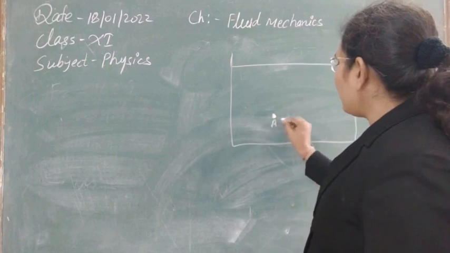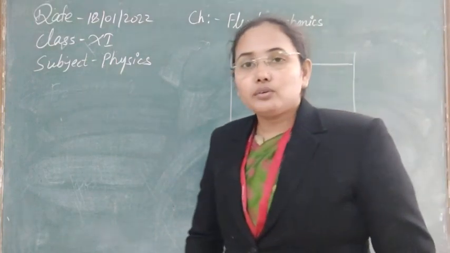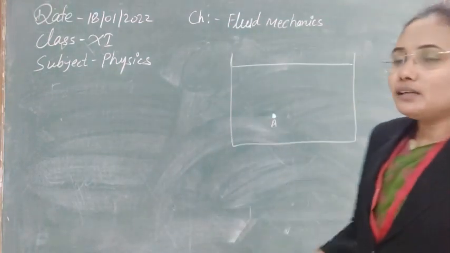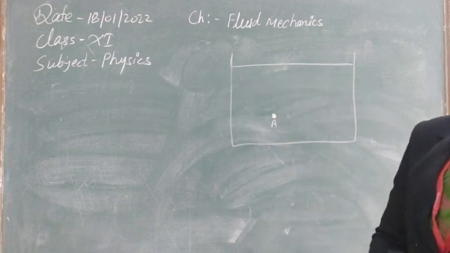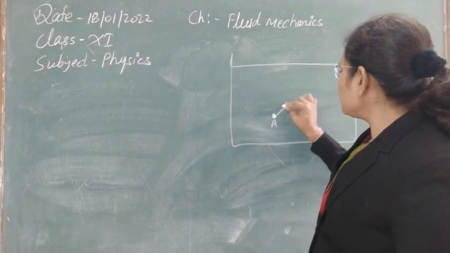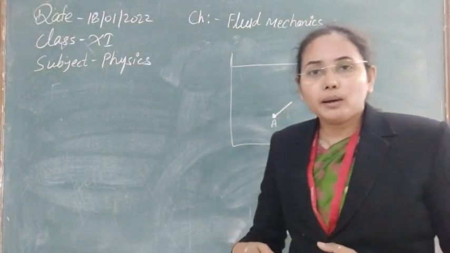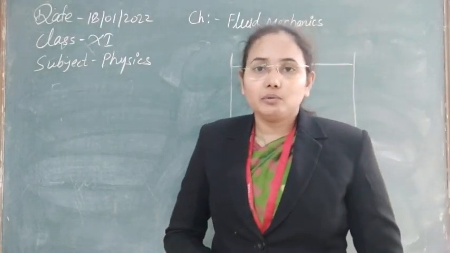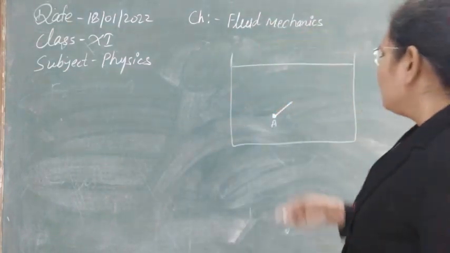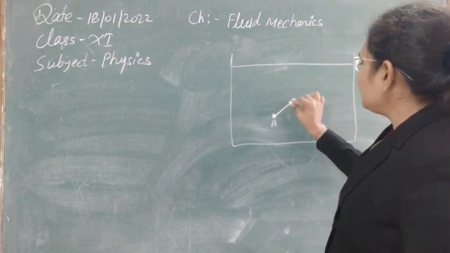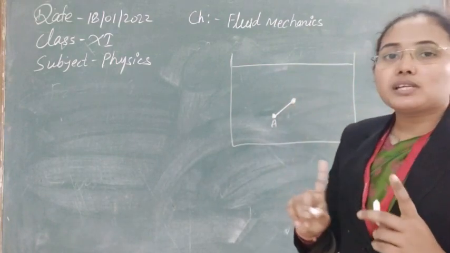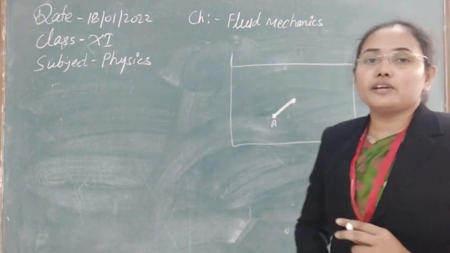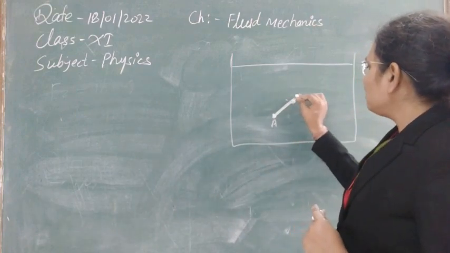Suppose we have a molecule A. And one more thing, whenever we talk about a molecule, we neglect its shape and size. We take it just like a point mass. So here we have a point mass molecule, but as molecules attract any other molecule up to a certain limit, just like the graph we have seen. Up to a certain limit it will attract any other molecule. So up to the distance at which two molecules can interact with each other, that distance is known as the radius of the sphere of influence, or we also call it the molecular range.